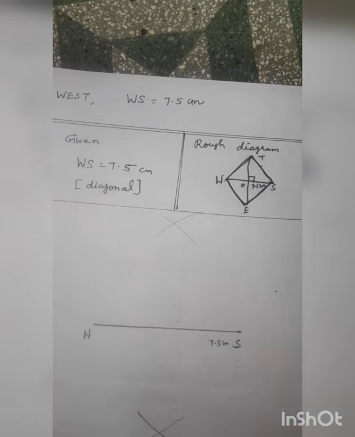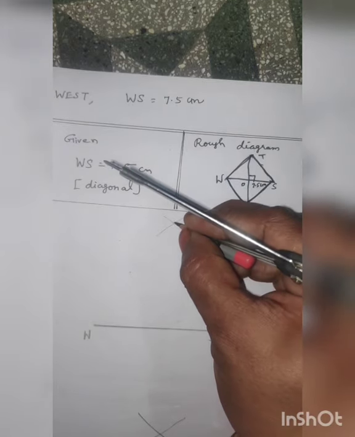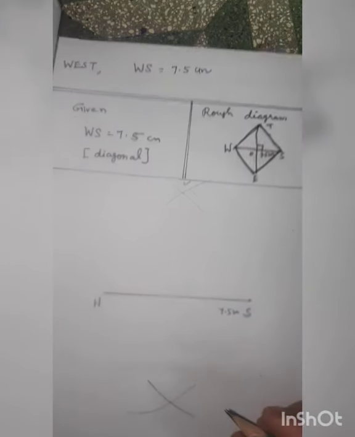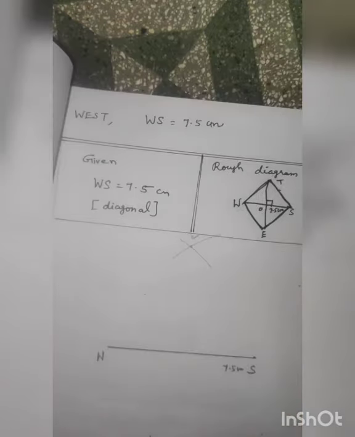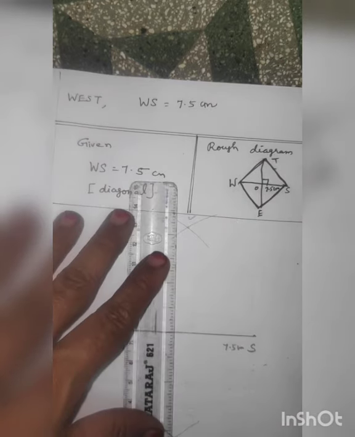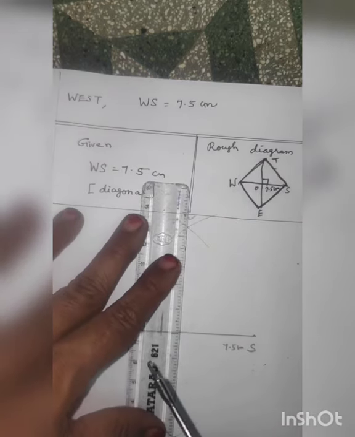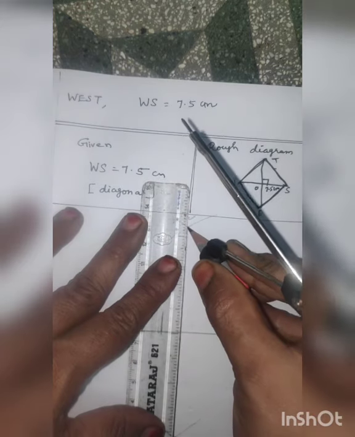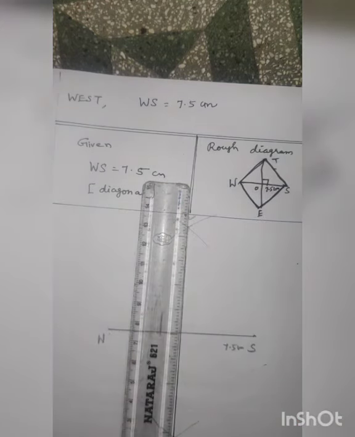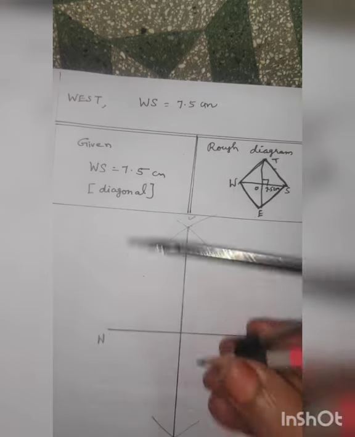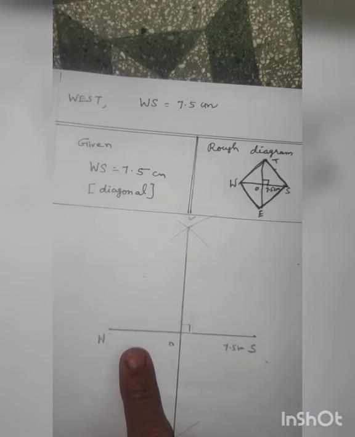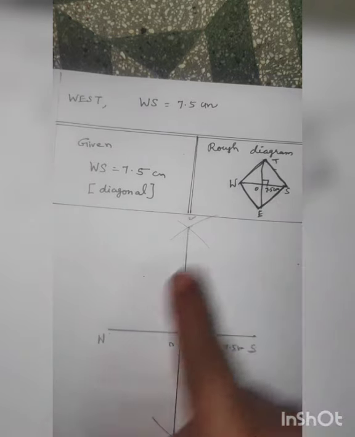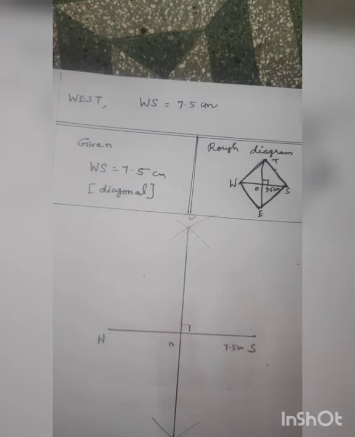Down one arc. Now what is the point that comes there? L and M, you write. Here you write L, here you write M. Join these two points, join the LM line. Now this is the perpendicular line. This is the 90 degree. Before, for the sum, we cut the arc of 3 centimeter from the corner. This sum gives a diagonal, so you want to take more than half and cut the arc.